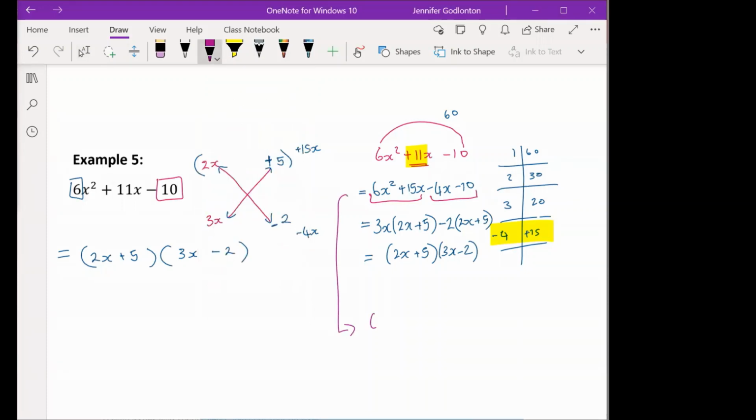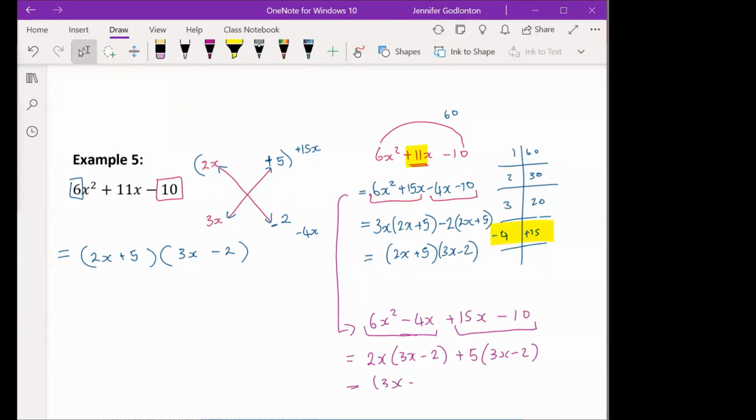Okay, so let's say we wrote it as 6x squared minus 4x plus 15x minus 10. Let's link those guys and those guys. Now what I would take out of 6x squared minus 4x is 2x, and I'll be left with 3x minus 2. And from those ones, I'm going to take out 5, and I'll be left with 3x minus 2. So I'm going to get to the same point. I just would do it differently. Does that make sense? You get to the same answer, just backwards. Yes, ma'am. Thank you. Okay, no problem.